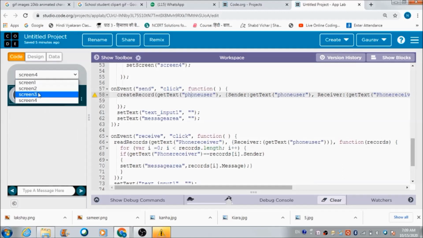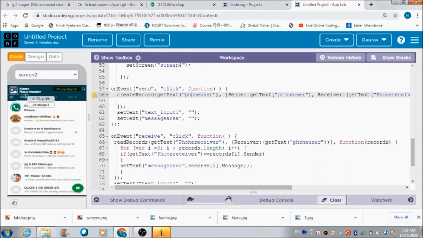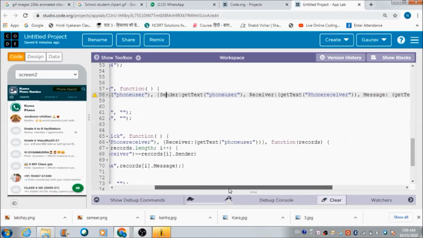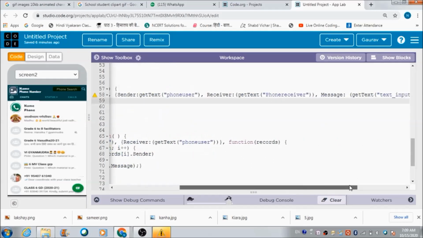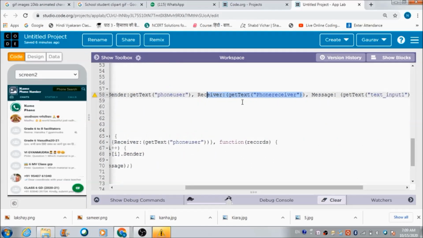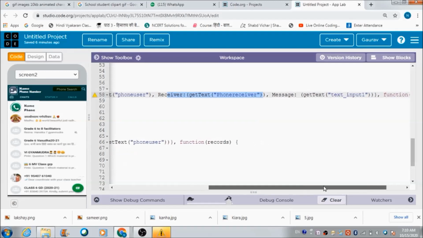So the phone number which is getting reflected here of the user, with that phone number a table is going to get created in which there will be three pieces of information: the sender information, the person who is sending the message, his phone number will be there; the person who has received the message, or to whom the message has been sent, the phone number of that person, the phone number of the recipient.